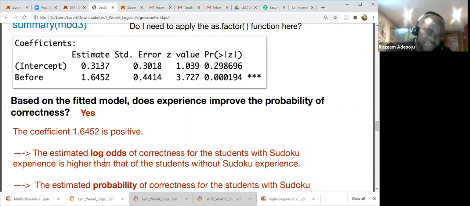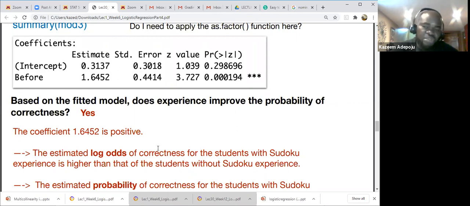The log of the ratio, the estimated log of the ratio of those who have played the game before divided by those who have not played the game before. And of course, when the log odds ratio is greater than 1, look at that. So this is 1.6452, okay? So definitely,